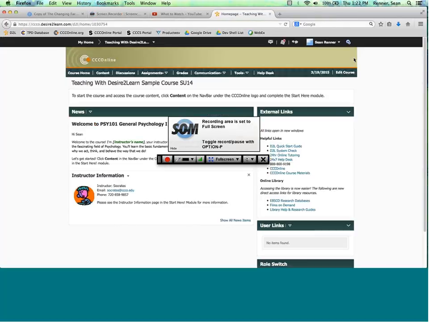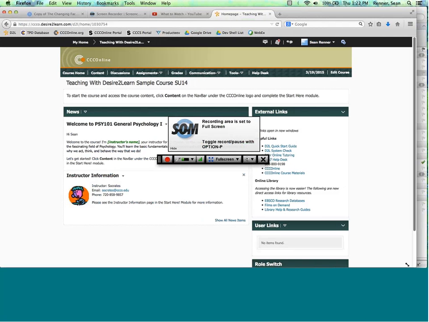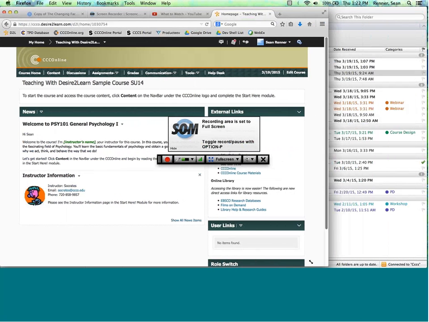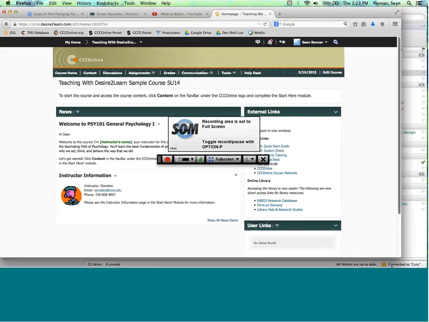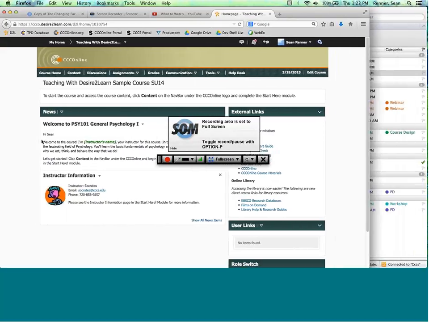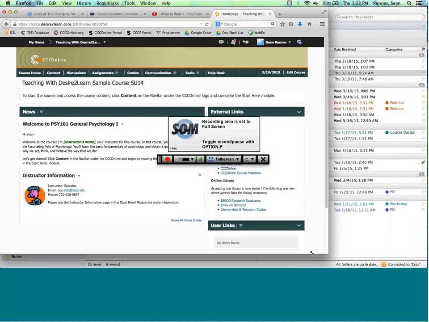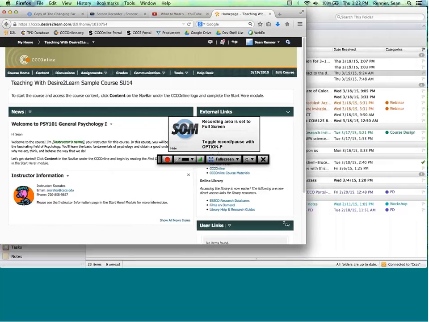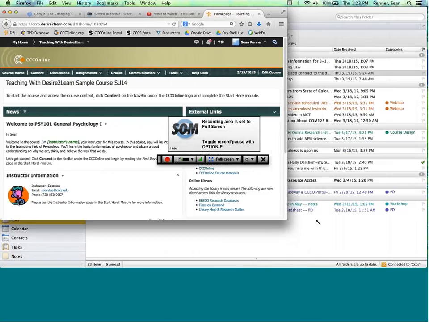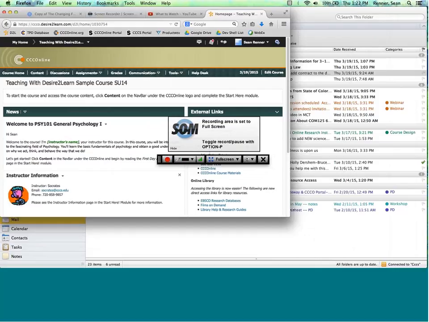Do the students need to be seeing my entire screen if we want to be recording something in Desire to Learn? For example, Desire to Learn has an area on the sides that you'll notice, no matter what size your screen is, those areas are just white. So Desire to Learn has a fixed size. Once you get it to this width, it doesn't really get any bigger than that. So if I'm just recording something in Desire to Learn, I don't really have to record my entire screen. I could maybe shrink things down to a more manageable size here and just record that.